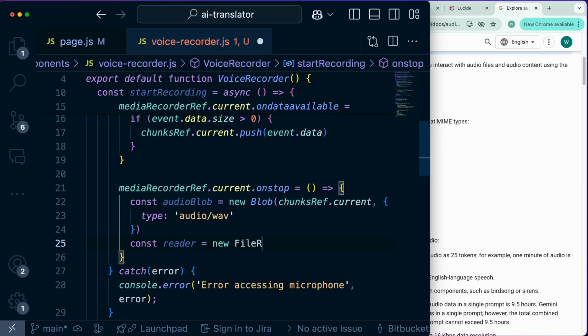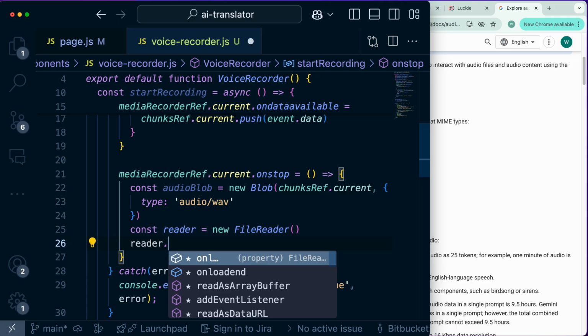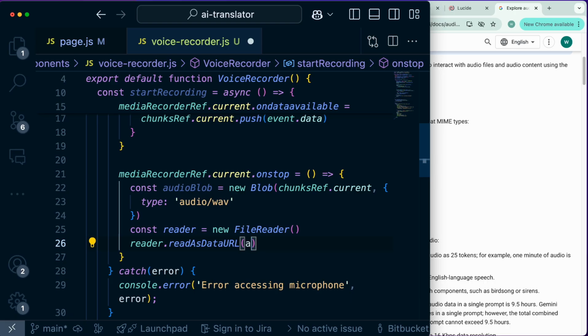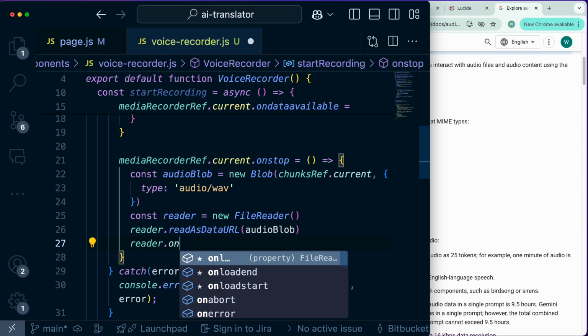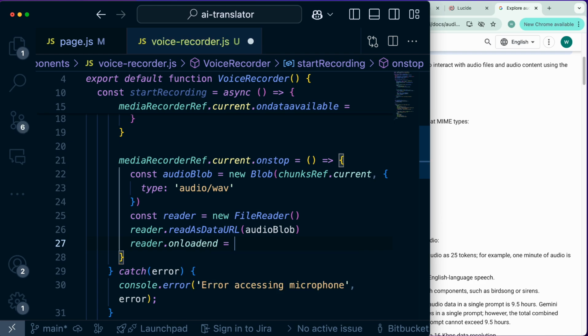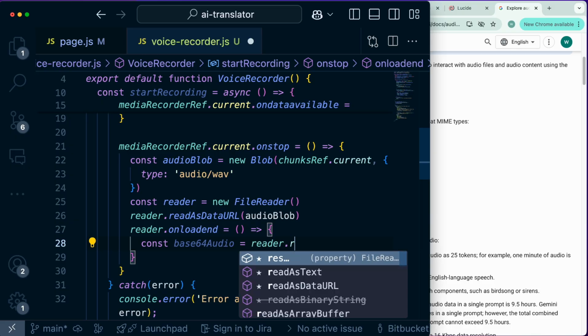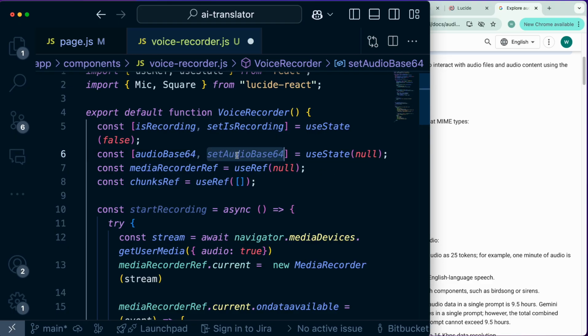Create a new file reader. Read as data URL. When it finishes loading, then we can save it as this constant. Let's name it base64 audio. That equals reader.result. So take the result, and then using the hook,